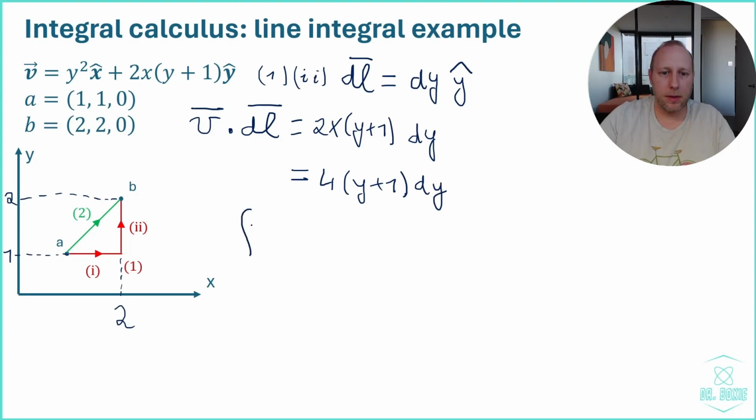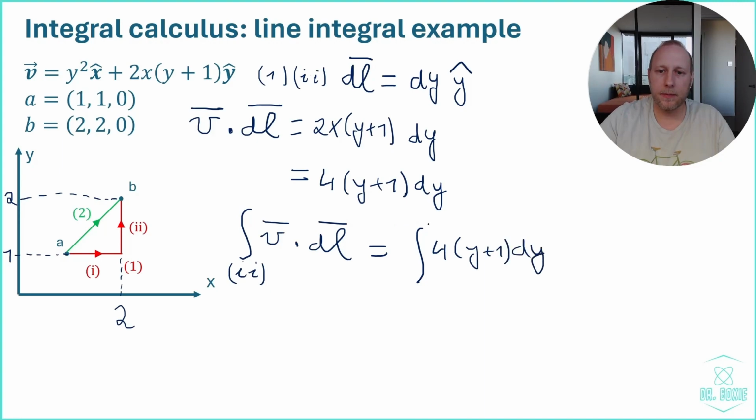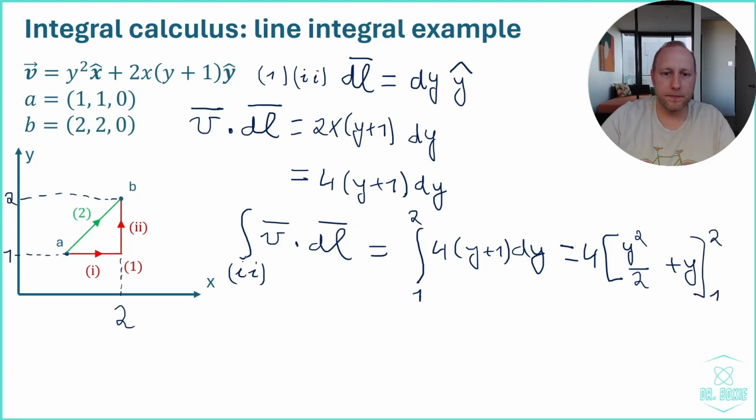And so the line integral over the second part here of v dot dl is the integral of 4y plus 1 dy, where y ranges from 1 to 2. Now the 4 at the front can just come out of the integral, and the integral of y plus 1 is y squared divided by 2 plus y, and all of this needs to be evaluated at 1 and at 2. And we find the 4 remains